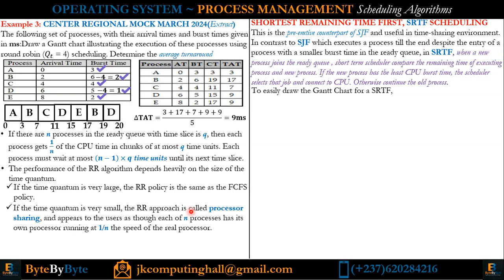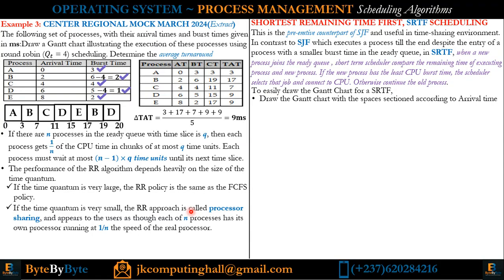To easily draw the Gantt chart for shortest remaining time first, dear student, because this is one of the scheduling algorithms that students face a lot of problems when drawing, because it's a little bit tricky. But due to the fact that you are present in the Byte family, such tips are always given to you no matter the chapter. So when it comes to shortest remaining time first, to easily draw it, the first step